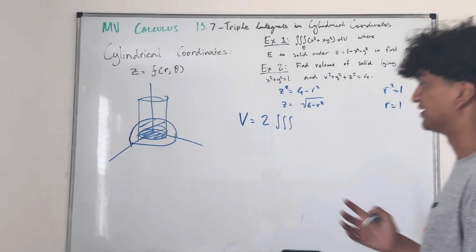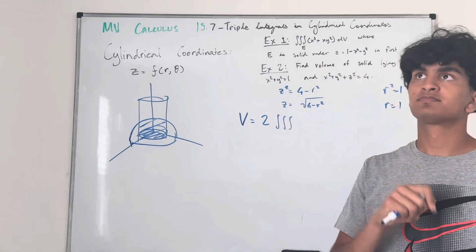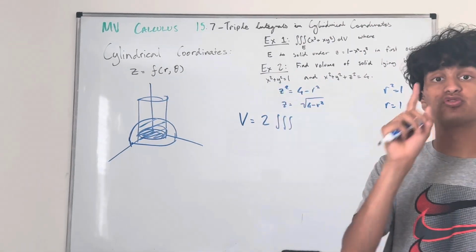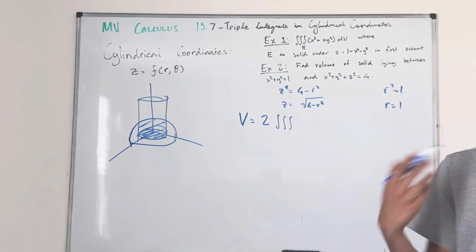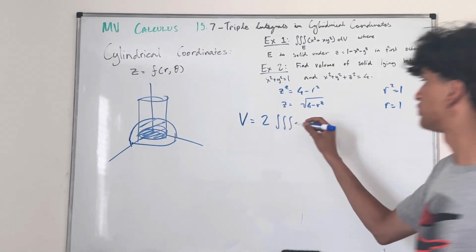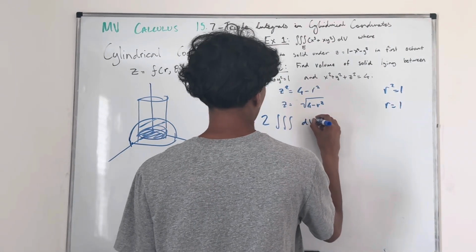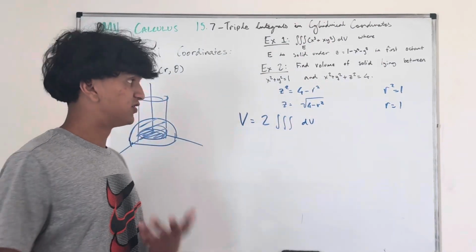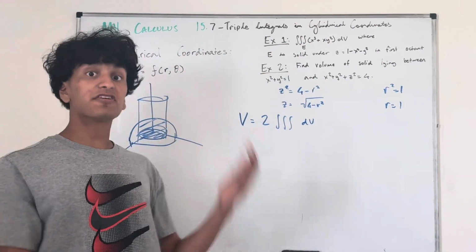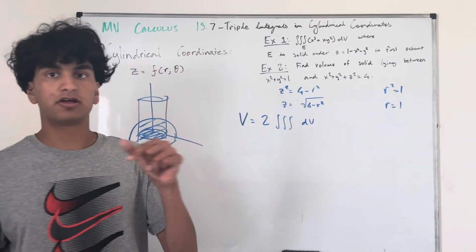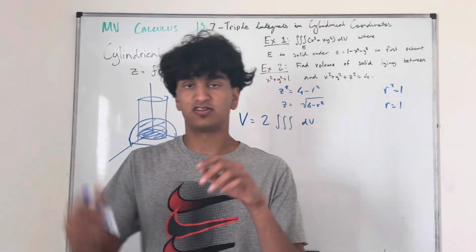I'm integrating f of x, y, z equals 1. Remember, in order to find volume, you were just doing the triple integral dV. If you think about double integrals to find area, you would just do the double integral dA, where z is equal to 1. So double integral of 1